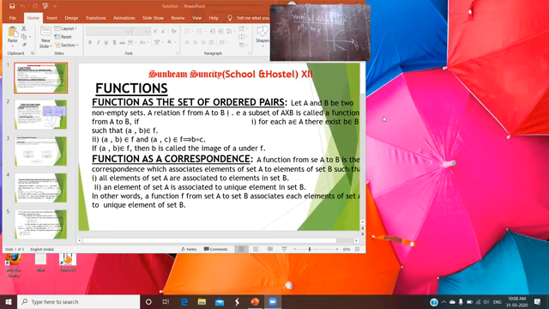in this way you have a figure. Now if you draw a vertical line parallel to the y-axis, and that line intersects the curve at two distinct points, as you see here, then you can say it is not a function. If the given line intersects at two distinct points, it is not a function. So F here is not a function.